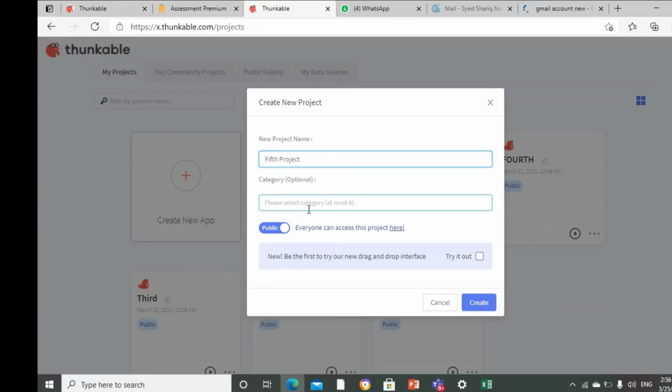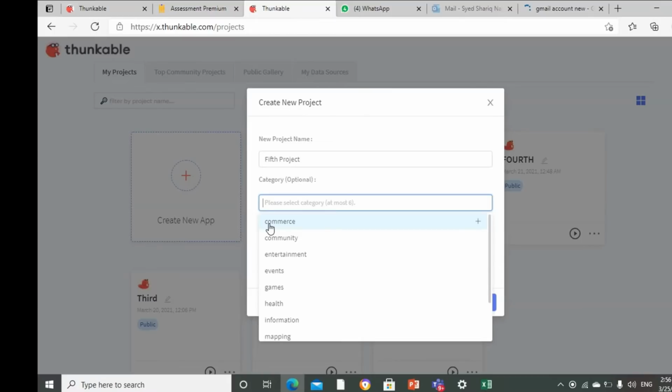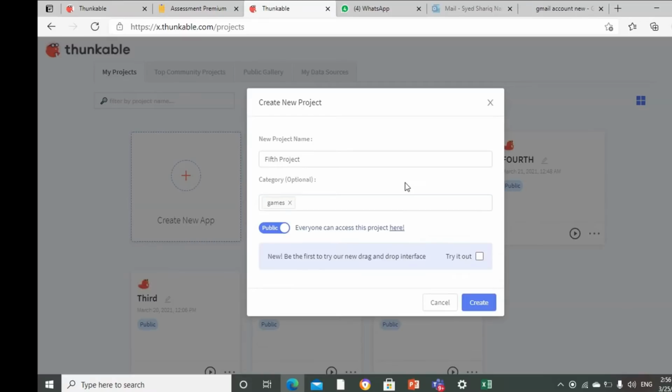After this, when I explain, you can make the calculator and different software, and you can share with your friends. So you can write in the project name calculator. Here this is optional. If you want to write something, suppose I write games, I select games, whatever you want to select, or if you don't want to select, leave it as it is. If you want public or private, if private, close this, and if you want to make it public, leave it as it is.